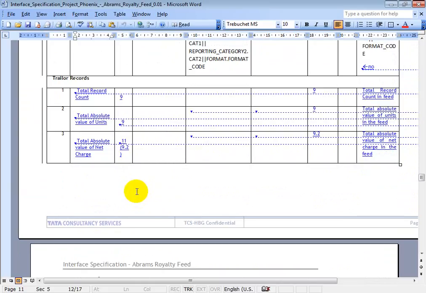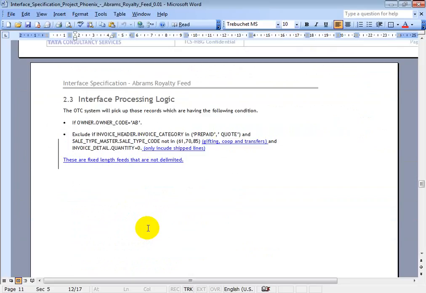So the sales information is whatever invoices have been generated for these Abraham's titles. You need to check the invoice header and detail screens. That means the order should be shipped. So there is a simple logic.